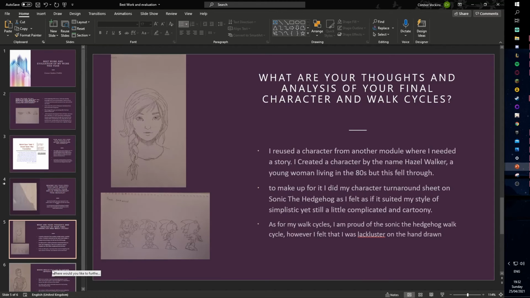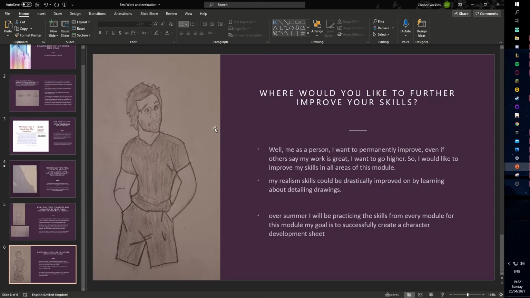And where would I further like to improve my skills? Well, me as a person, I actually want to permanently improve, although sometimes it doesn't seem that way. Even if others say my work is great, I want to go higher, so I really think that I could improve all of my skills in all areas of this module. However, if I had to pick a couple,